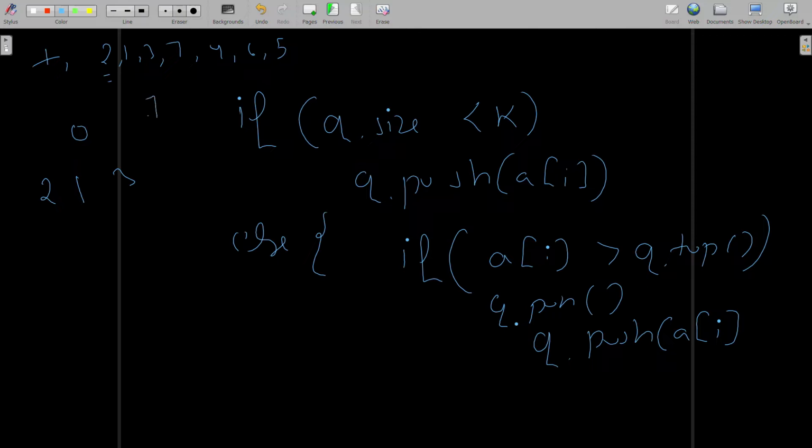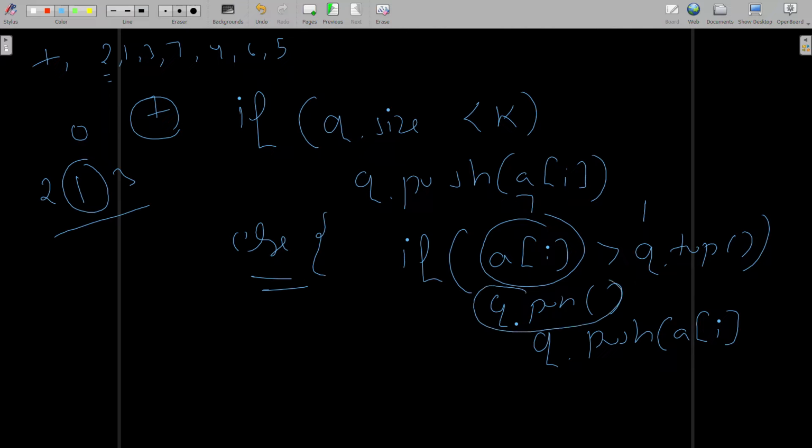Then 7 arrives, and now the q size is equal to k, so we check the condition. Since a of i, which is 7, is greater than q dot top, the topmost element in the queue, which is 1, and since it is a minimum priority queue, the minimum element is at the top, 1 is popped from the queue and 7 is inserted. So our new queue becomes 2, 3, 7.